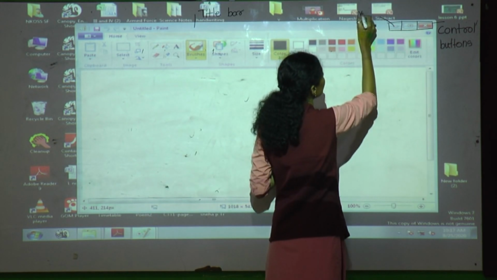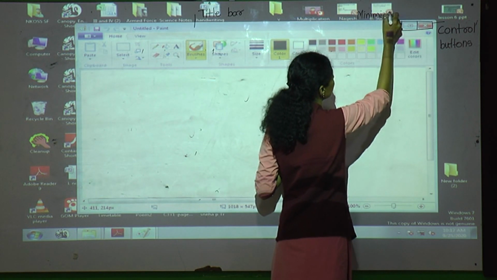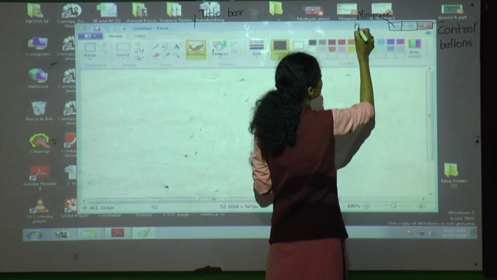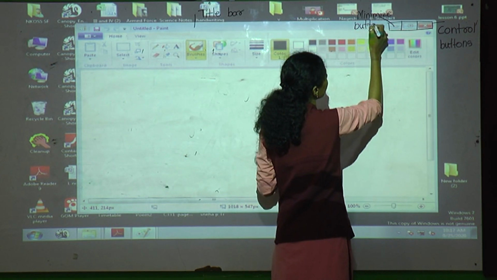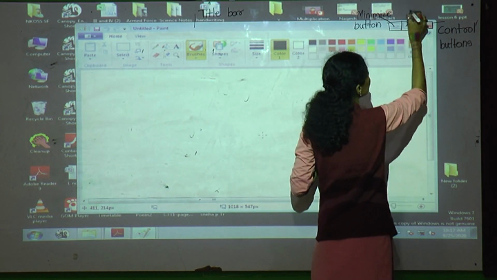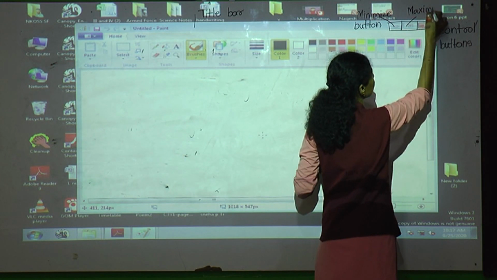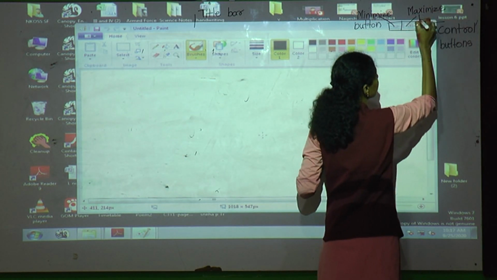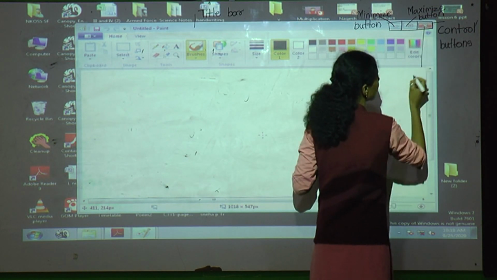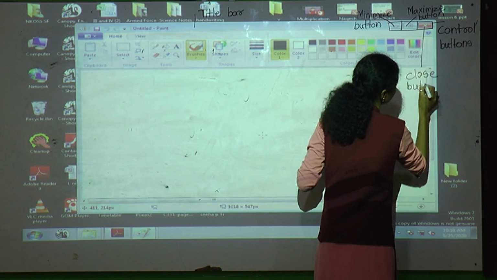It is minimize button. Firstly we will see only names, afterwards we will see uses of these buttons. Minimize button. Next one is maximize button. And this cross is called a close button.